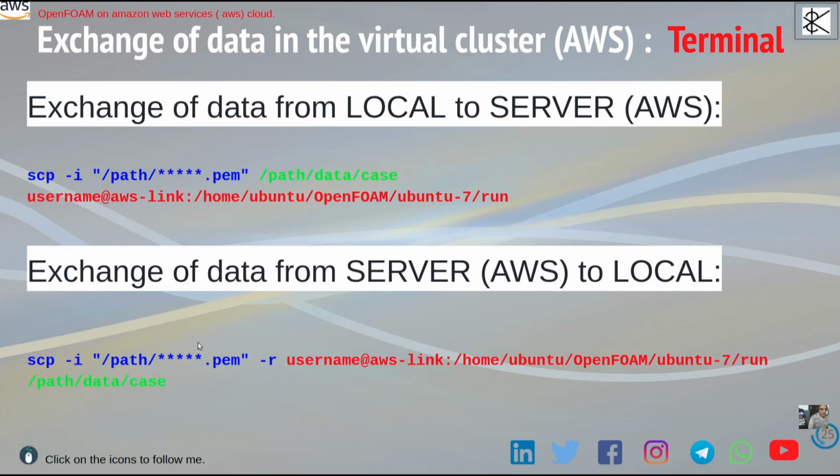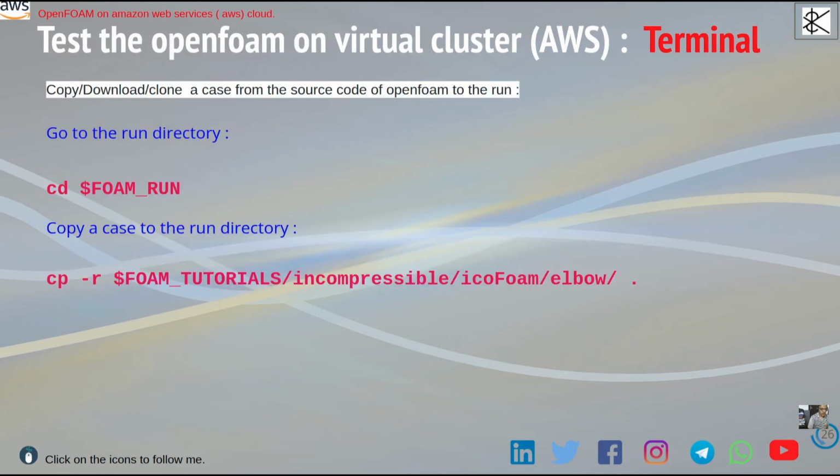So we have set up everything. Next we want to test our OpenFOAM. Suppose you are connected and you have installed OpenFOAM. Create the run directory.